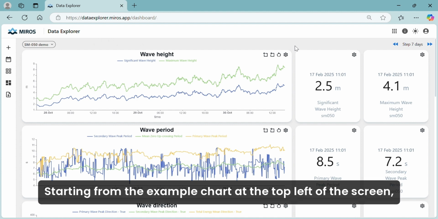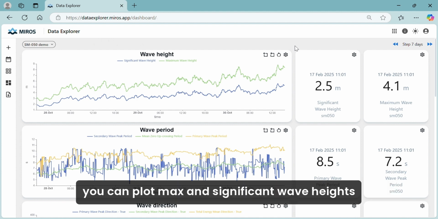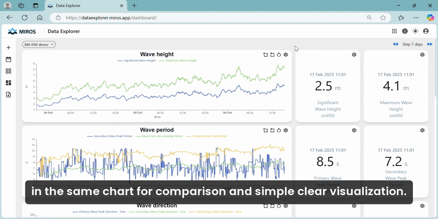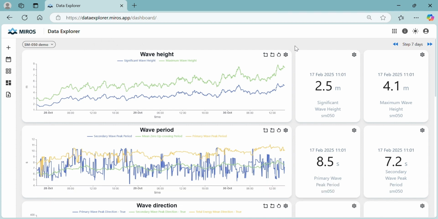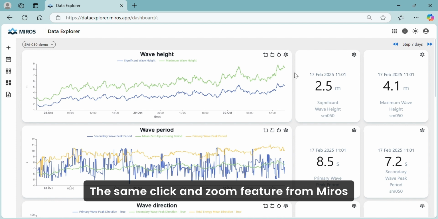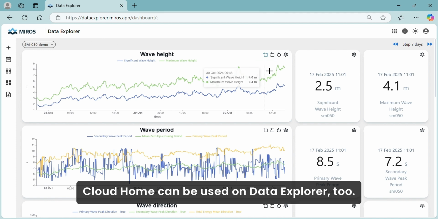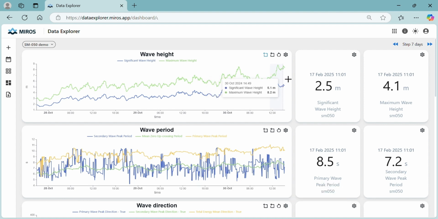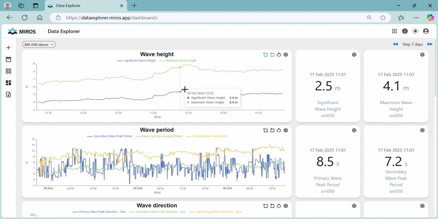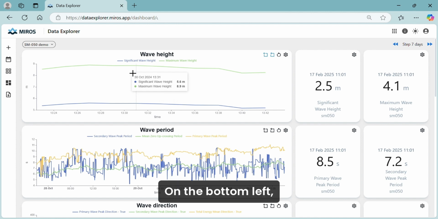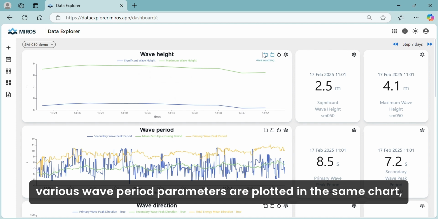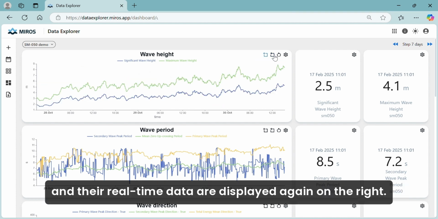Starting from the example chart at the top left of the screen, you can plot max and significant wave heights in the same chart for comparison and simple clear visualization, with their precise real-time data displayed on the right. The same click and zoom feature from Miros Cloud Home can be used on Data Explorer too. On the bottom left, various wave period parameters are plotted in the same chart, and their real-time data displayed again